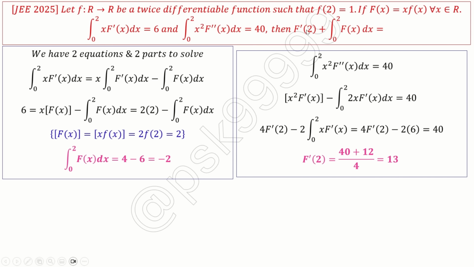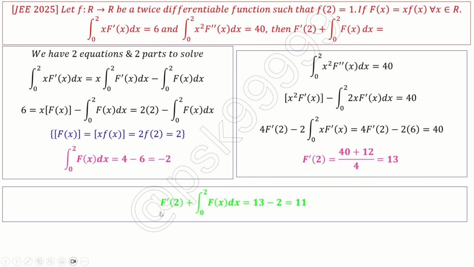Now I have my second part also. Two parts are there. So f dash 2 plus the integration from 0 to 2 of f of x dx is nothing but 13 minus 2, which is 11. That's the answer. Okay, hope you understand this one, right? Next,